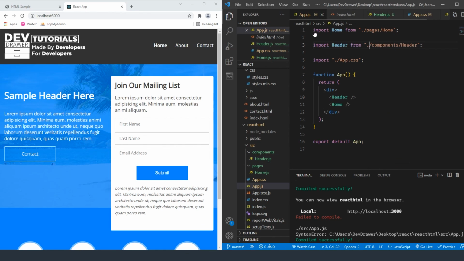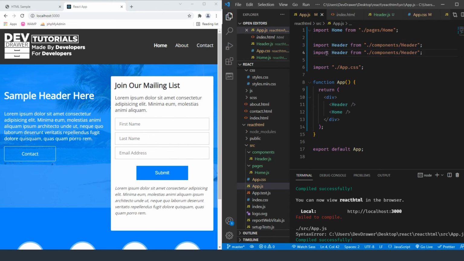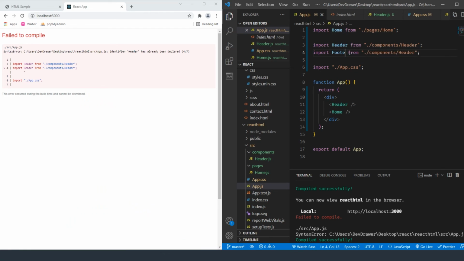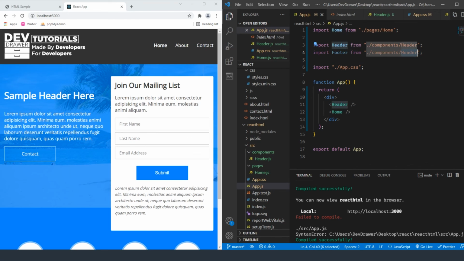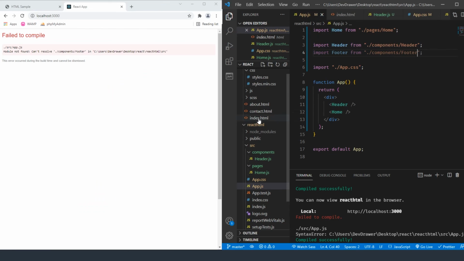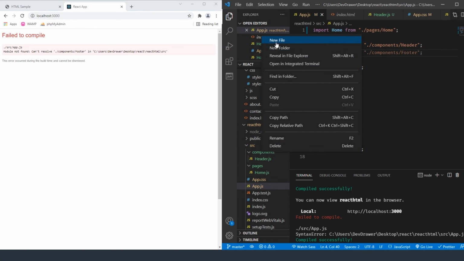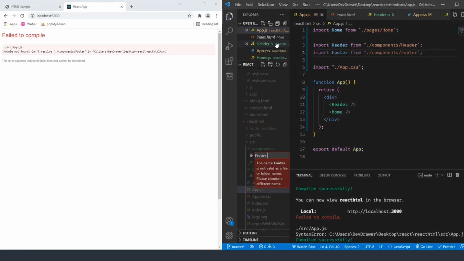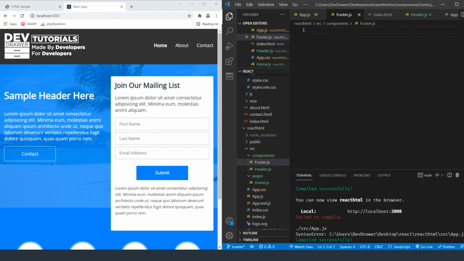Okay, so now let's do the same thing we did for the header for the footer. So I'm just going to copy this over and change this around. So we got our footer here, and then inside of this components, I'm going to create a new file. It's going to be called footer.js, and we want to have the exact same information in here. So we're going to do import